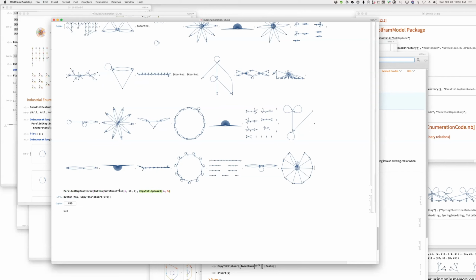Okay, and then we've got safe model test button would be rule, steps, max time, and then that would be button of safe model test